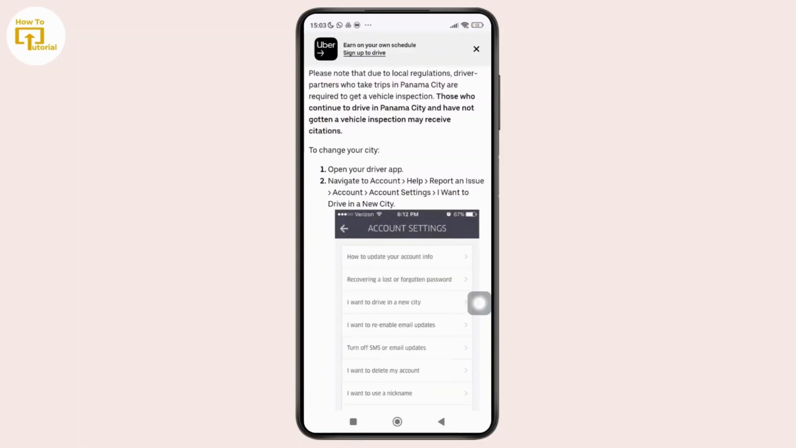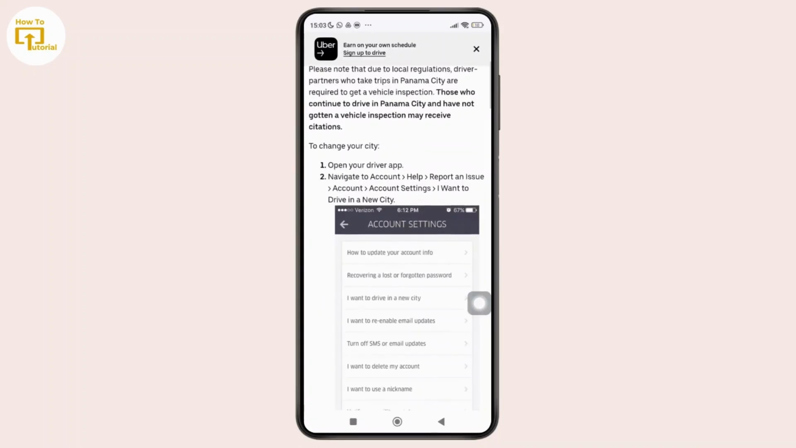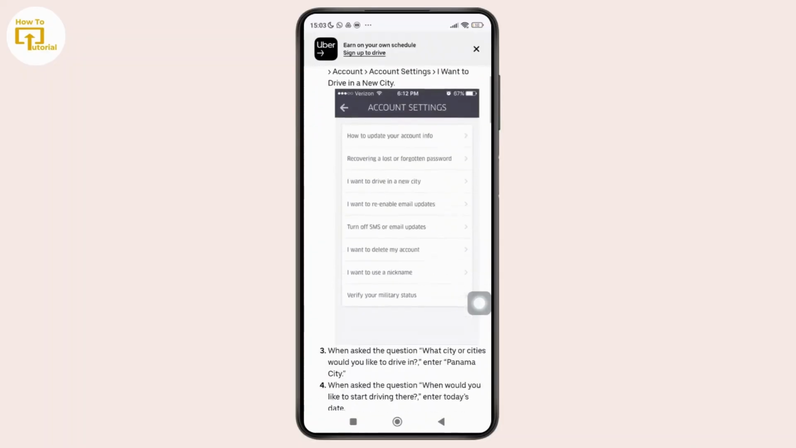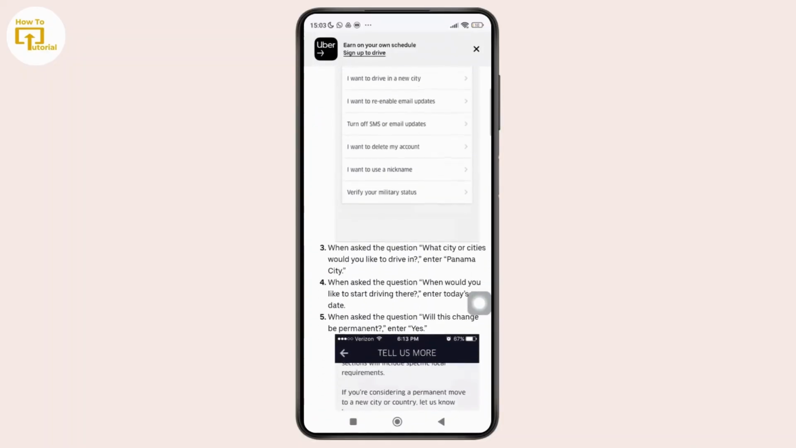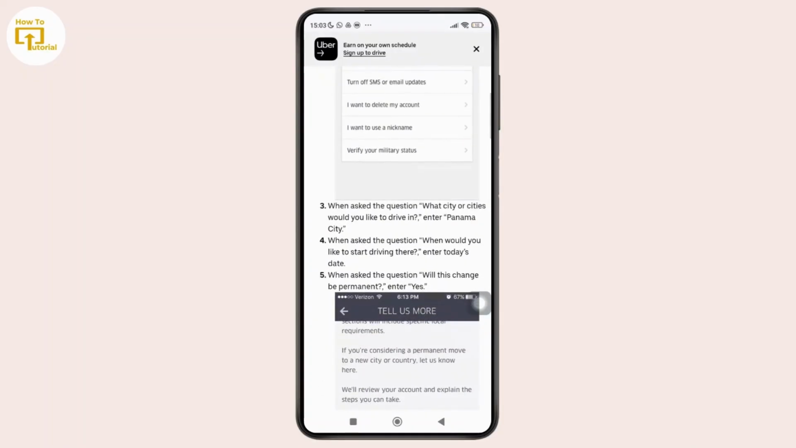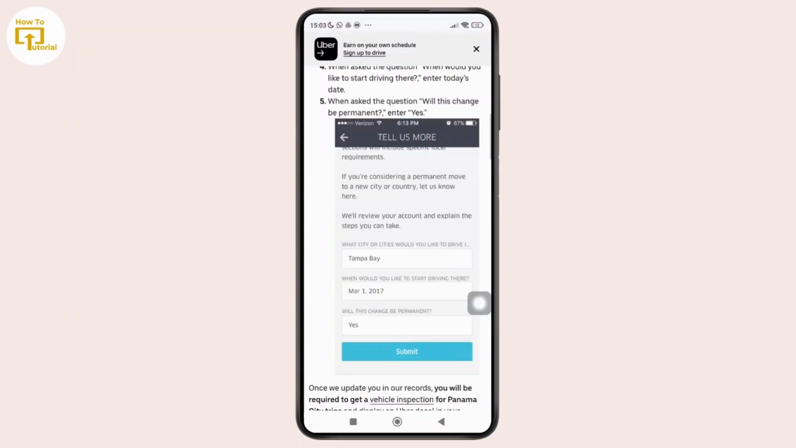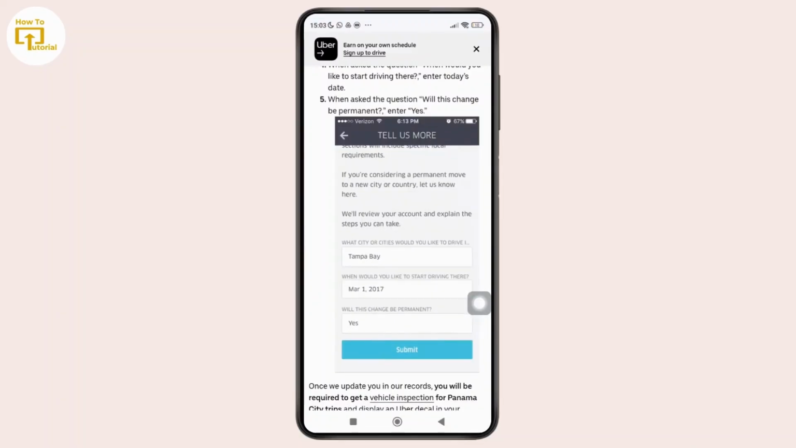And once you're inside the app, simply tap on the menu or profile icon, and after that head over to the help section. Now here inside the help section, scroll down and tap on report an issue, and after that you can simply select your account and then go to account settings. Now next, tap on the option that says I want to drive in a new city, and after that you